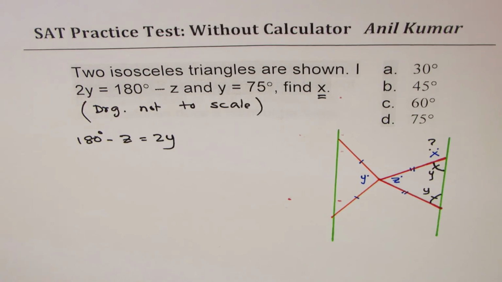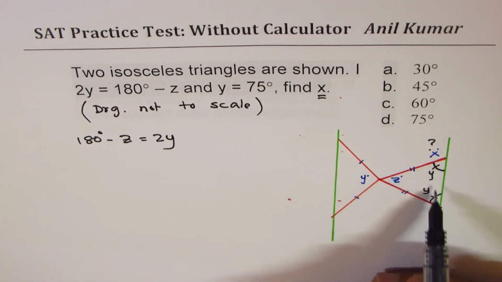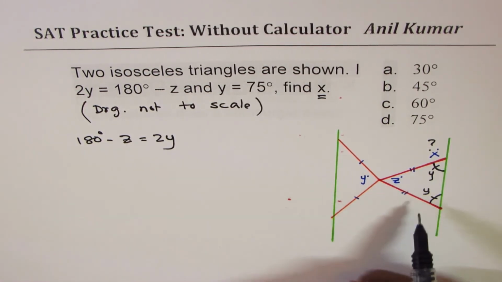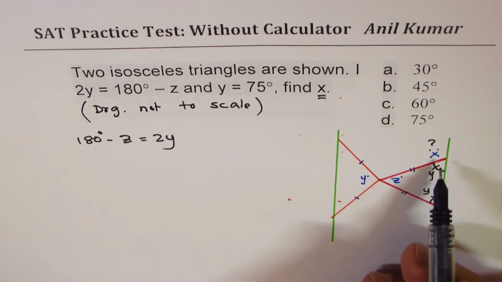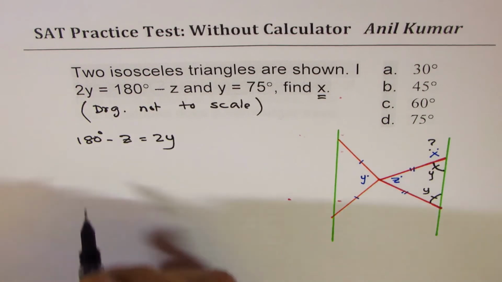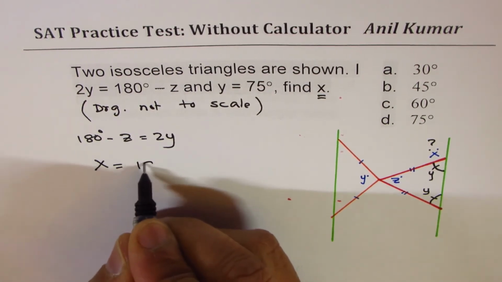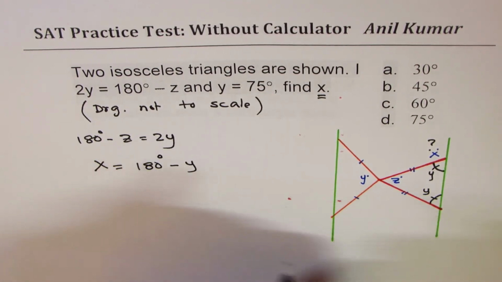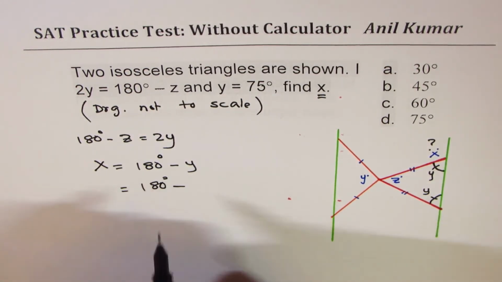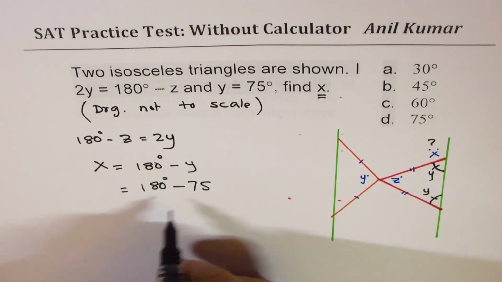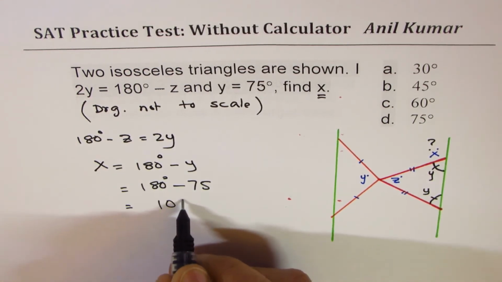Does it make sense to you? So what do we have? z plus 2y is 180, right? z plus 2y is 180. So that is clear. So clearly we can find what x is. x is equal to 180 degrees minus y. y is given to us as 75. So it is so simple, which is 105